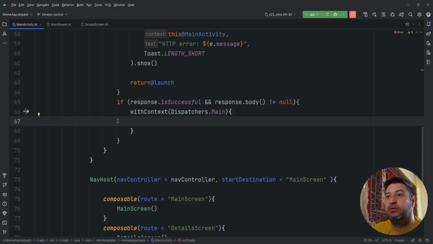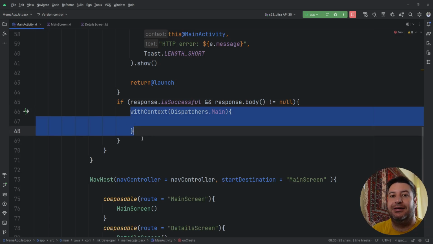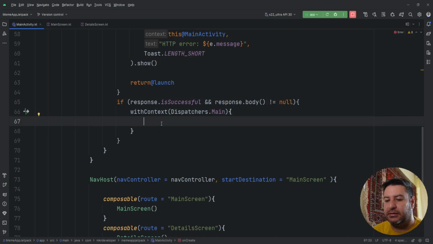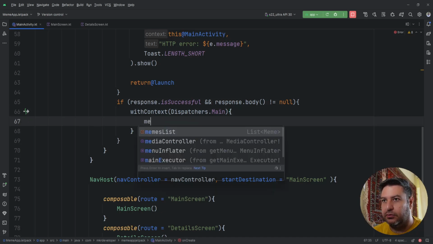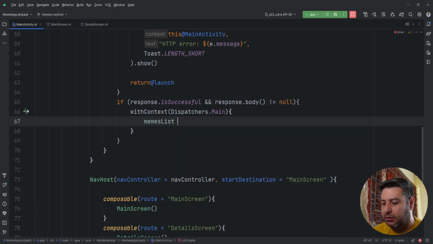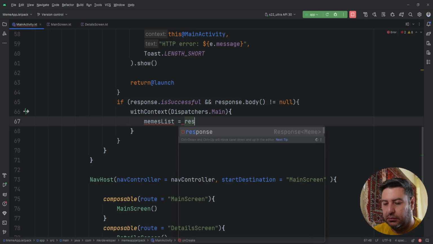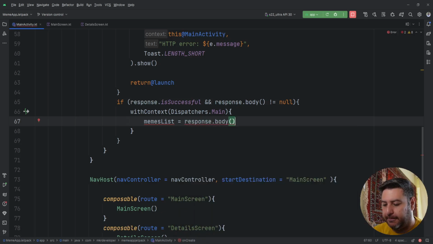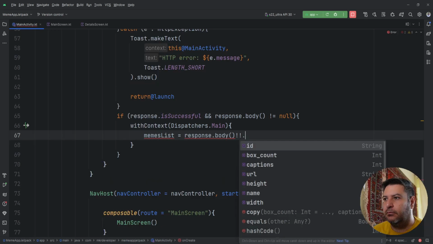If you don't write this, you will not see any data on the screen. Now between these two curly braces in the body of this, I'm going to write memes list equals to response dot body null check again dot